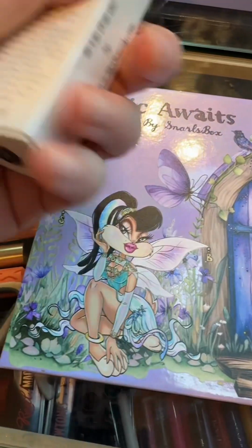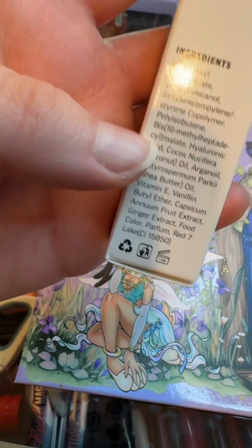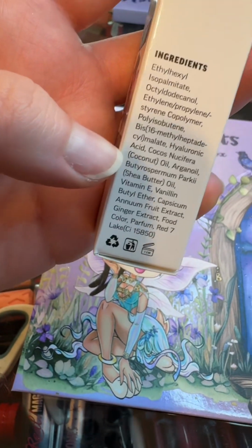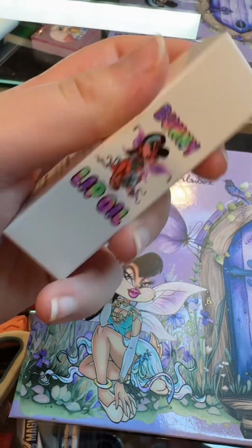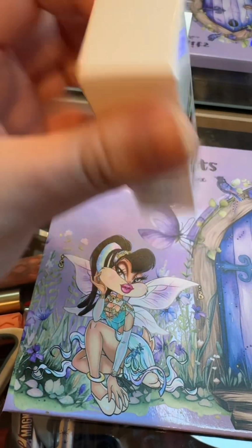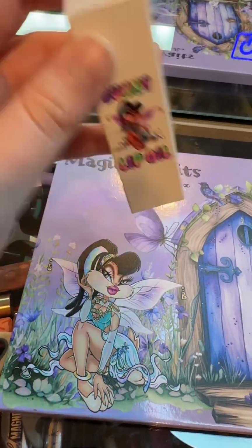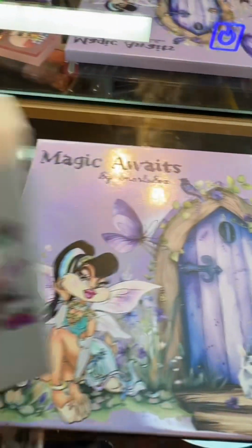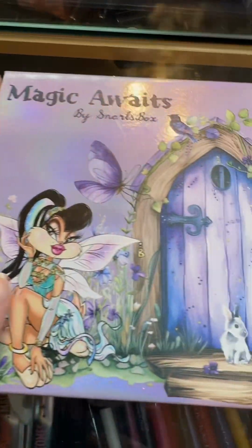I got the bunny lip oil, and I was so excited to use this, but unfortunately it has coconut oil in it, and if you have a tree allergy, some people can't use coconut, so I'll probably give this away. I haven't opened it, and I won't open it for that purpose. It does have pretty packaging from what I've seen, though. And then the reason I bought the bundle, of course, is the Magic Awaits palette,